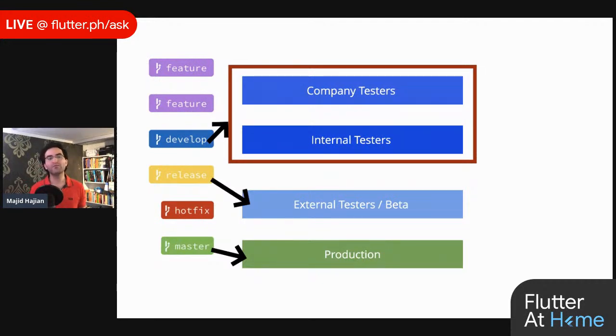As soon as some feature branches are merged with develop, you can release to those testers. You can ask them to start testing and send you feedback. Of course, you can fix bugs and merge back to develop. Once you open a release branch, let's say you are planning to release a feature version